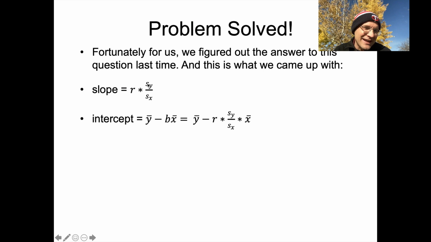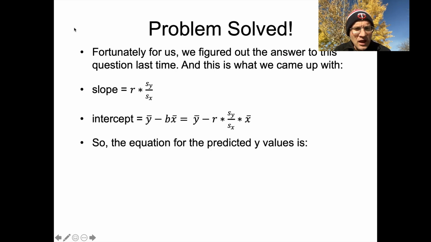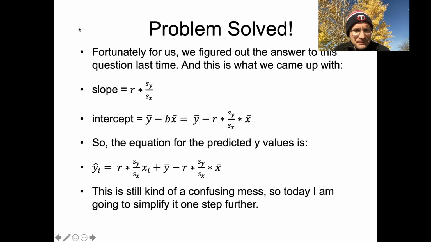But I will say again, also as a review, it's interesting that when we come up with this term, what we wind up with is a bit of a measure of the rise over the run here, because we've got the standard deviation of y divided by the standard deviation of x down here on the bottom. Anyways, our equation for the predicted values of y looks like this. It's just y hat sub i equals the slope times x sub i plus the intercept here. And I'm not going to walk you through all this over again. That's where that comes from.